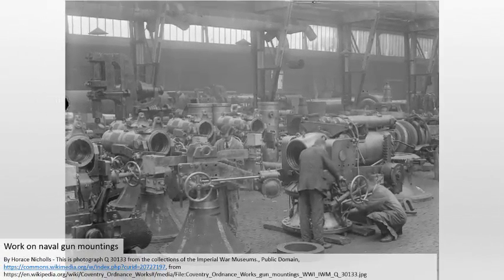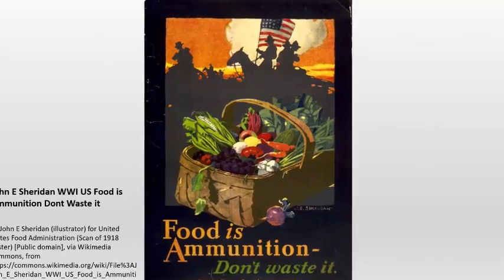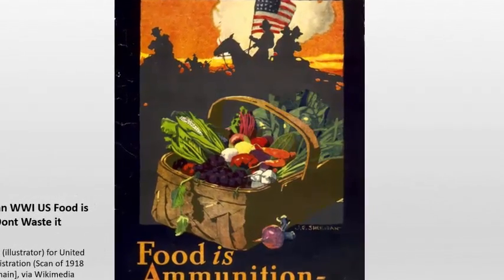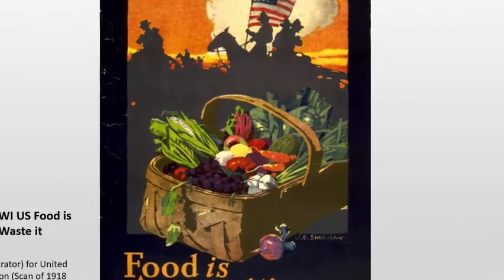Factories that made plows and cars and the like were converted to start producing weapons and the other accoutrements of war. It became very popular and patriotic to have a victory garden in your yard to conserve food so there would be more for the troops. It took a bit of time